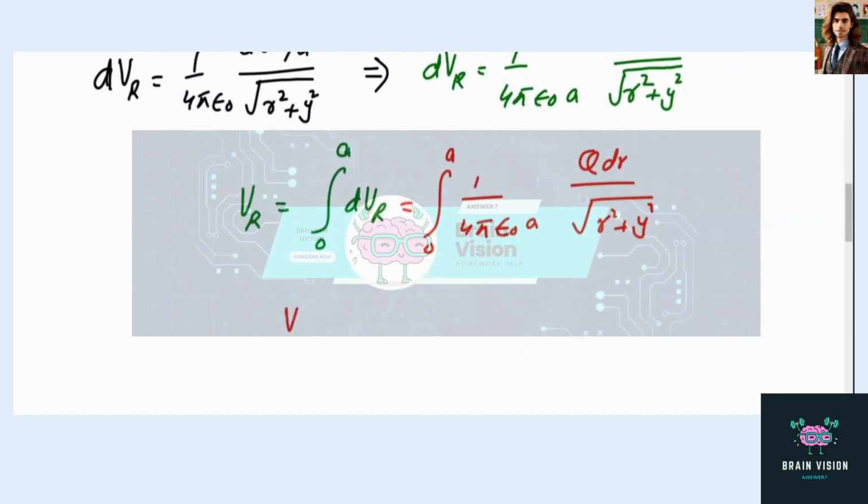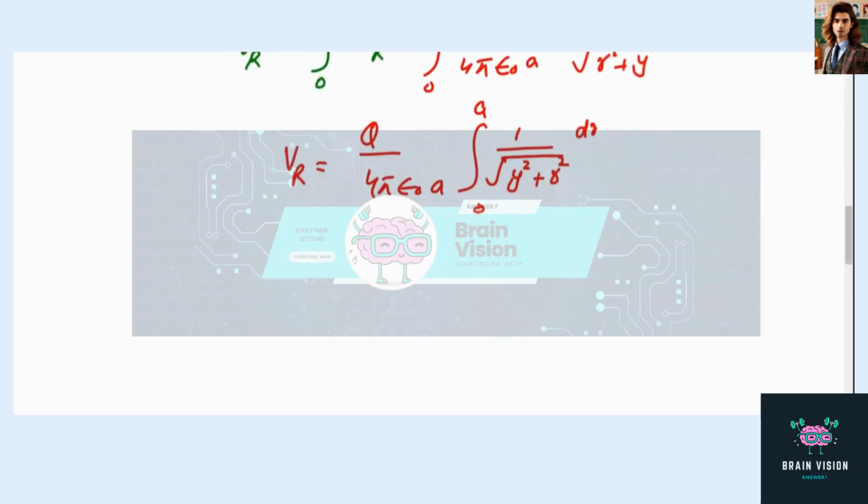We can write Vr as q divided by 4 pi epsilon naught a, and integration from 0 to a of 1 upon y squared plus r squared whole half into dr. By using mathematics, we can write Vr equal to q divided by 4 pi epsilon naught times a, and the integration of 1 divided by square root of y squared plus r squared,